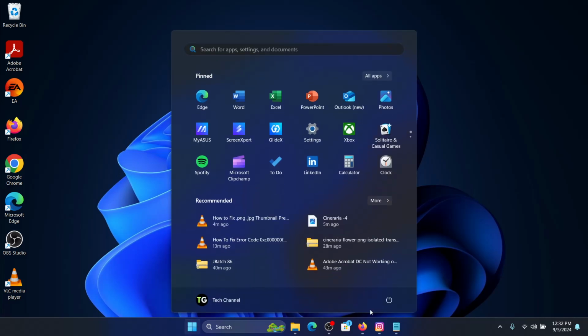Then click on the start button, click on the power button and click on restart, and you should no